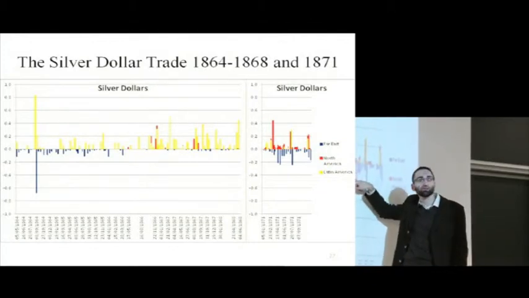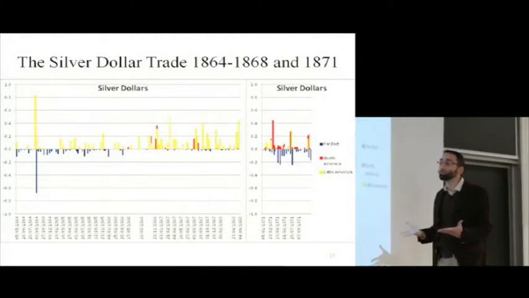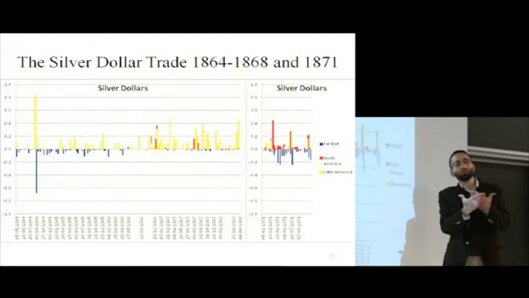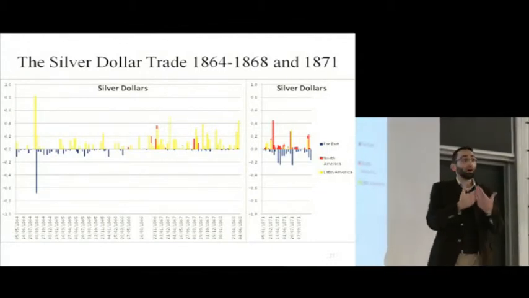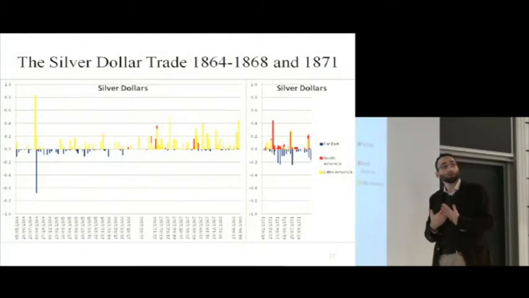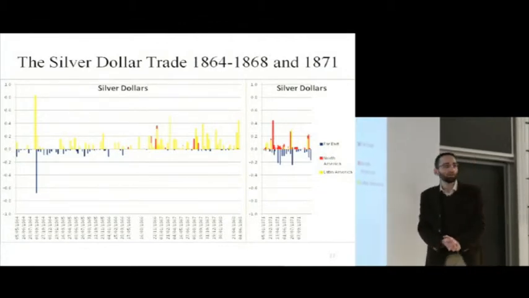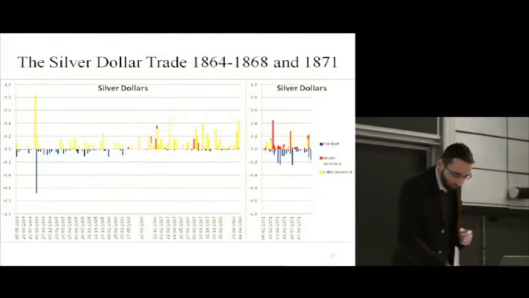And then at the same time, you see that people are exporting Mexican dollars to the Far East. This is very strange because I never had any evidence of this from qualitative sources, but apparently for some periods, China was acting in a very strange way because it was importing a lot of Mexican dollars for its own circulation and at the same time exporting a lot of silver, what was called the CC silver, which was the pure ingot silver in